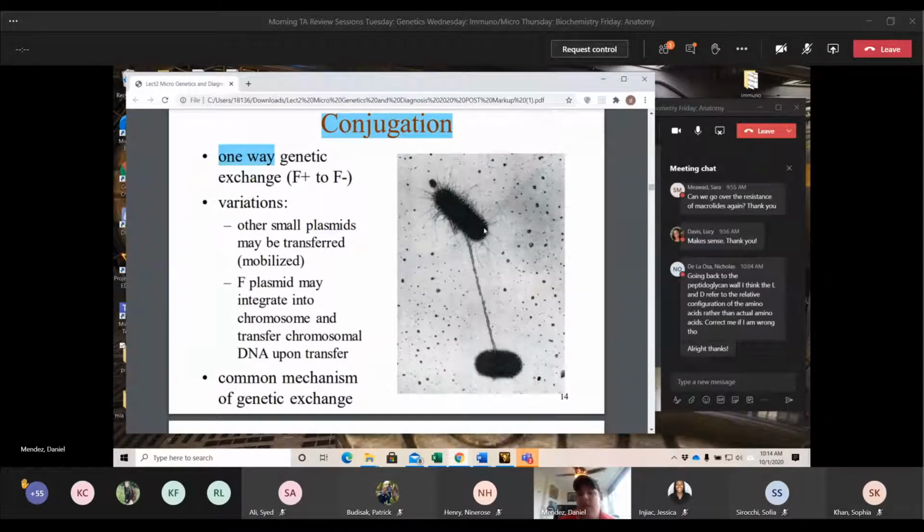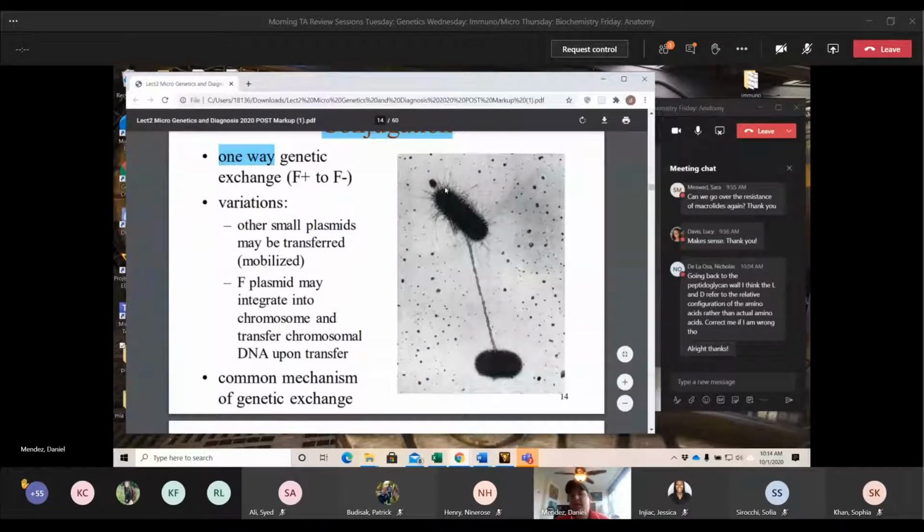Also, at the same token, if this one's positive and that one were positive, this one would have pili around it as well. And if it has that pili, it actually won't need to make interaction with the sex pilus. So make sure you note this one only occurs from an F+ to an F-, and it's a transfer of that plasmid from that positive to that negative.